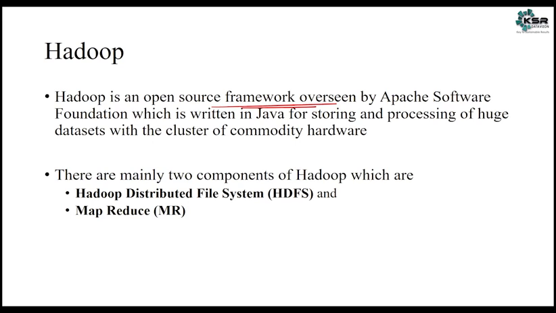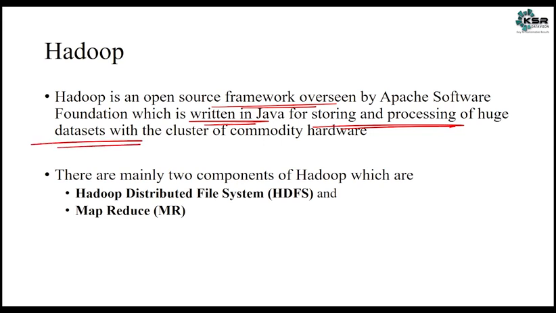Anyone can come, anyone can go, anyone can travel. It's a framework. So what do you mean by framework? Everything is ready. You just need to go and work. Simple. That's a framework. So Hadoop is an open source framework. Open source means anyone can use it. And they have written it in Java. There are a lot of coding languages available. They have written this framework in Java for both processing as well as storing huge data